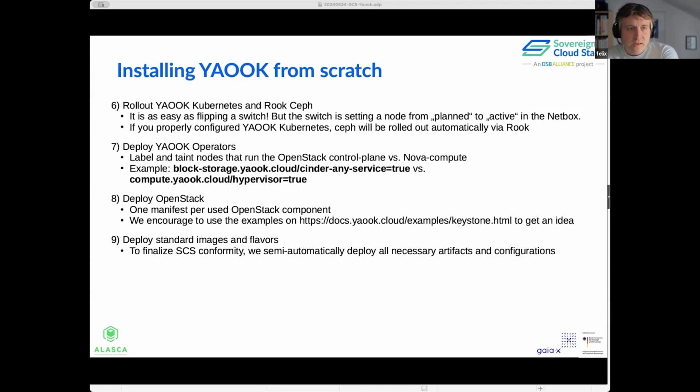And initially, I was introduced as the PO for the SCS reference implementation. And you might wonder why I'm so happy that another implementation adopts the SCS standards, because one could think that Yaook is actually in competition to the SCS reference implementation. I would just take a few moments to elaborate on that. When I first heard that this stack is going to be built up using Yaook and made SCS compliant,